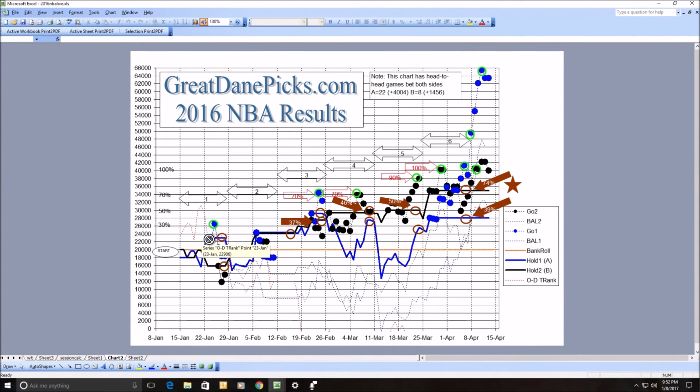Again, you're playing more games, a little more volatile, and you can see we won money in the first session with the blue one. We lost money in the black when I froze it out, and these little dots were after I froze it. So remember, we lost some money on B, and A we won in the first session. The second session, again, a bit of a roller coaster, but they both ended up freezing out at this level right here. Then the A's did a little bit better than the B's in this third session,